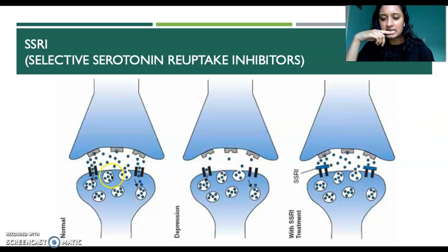So basically what happens is in the normal neuronal communication, these neurotransmitters have no problem getting across. And in depression, you see that there's kind of an issue in this communication because they seem to be going back. So this is reuptake, so they're back to where they kind of came from. So the SSRIs block these areas so that the serotonin kind of builds up here and they don't go back, they don't reuptake. So this makes more serotonin available to improve transmission of messages between neurons.